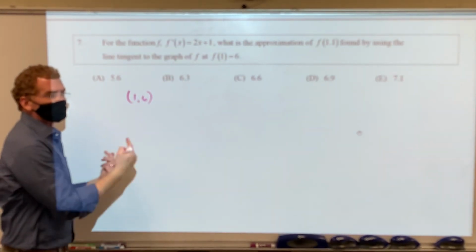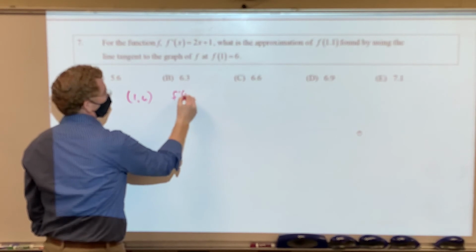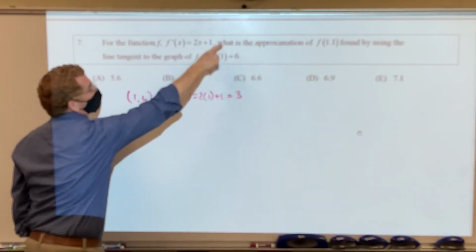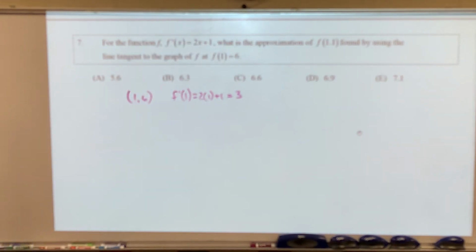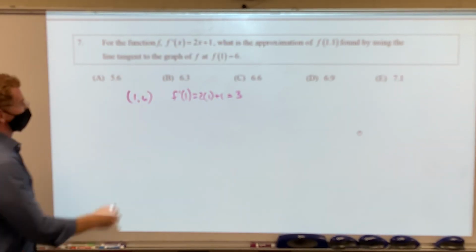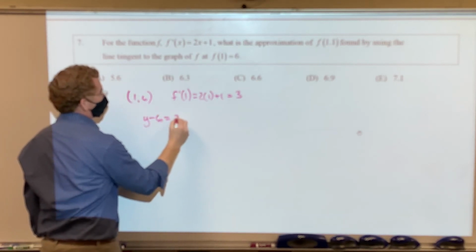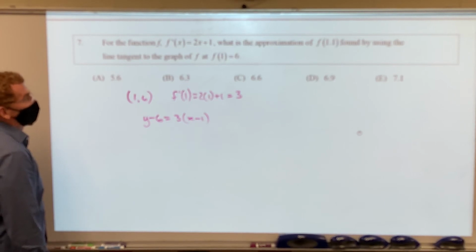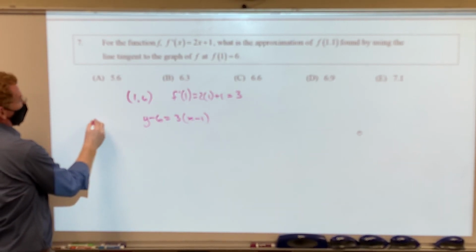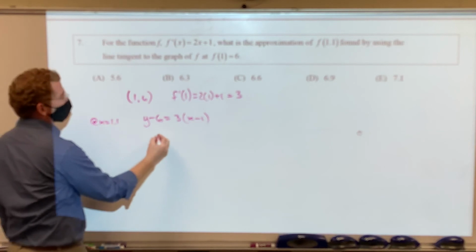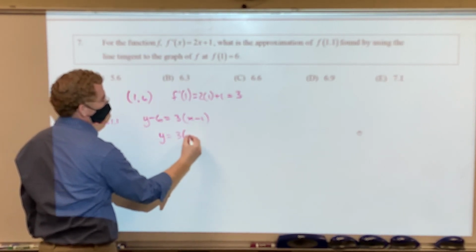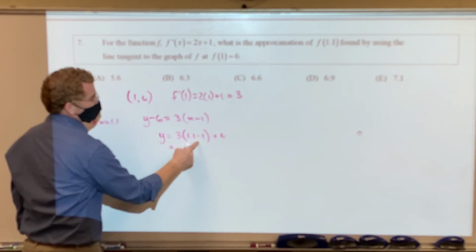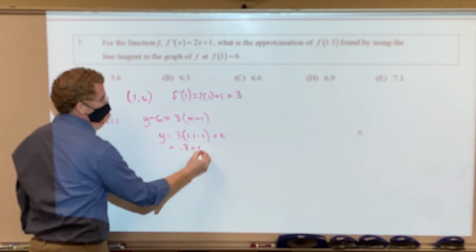So how would I find the slope at 1? Plug in the 1. So don't plug 2x plus 1 in your line. Find the slope at 1. And then y minus 6 equals 3 times x minus 1. And then say, all right, I can now say at x equals 1.1, I get 3 times 1.1 minus 1, add the 6, that's a 0.1, so that's a 0.3,